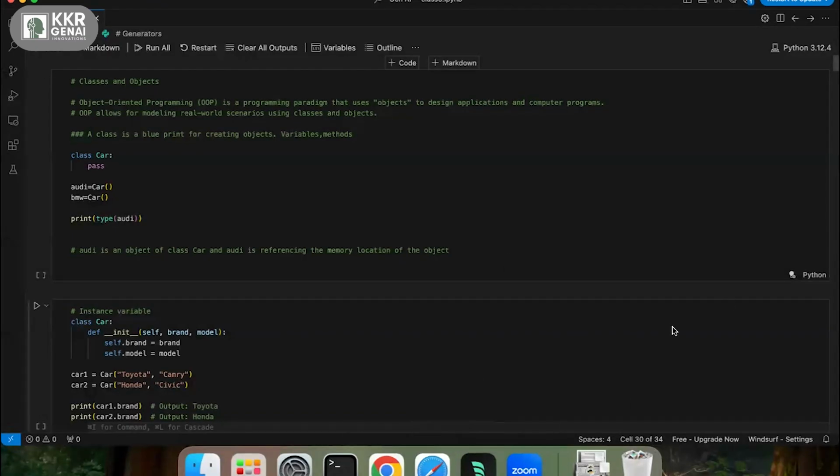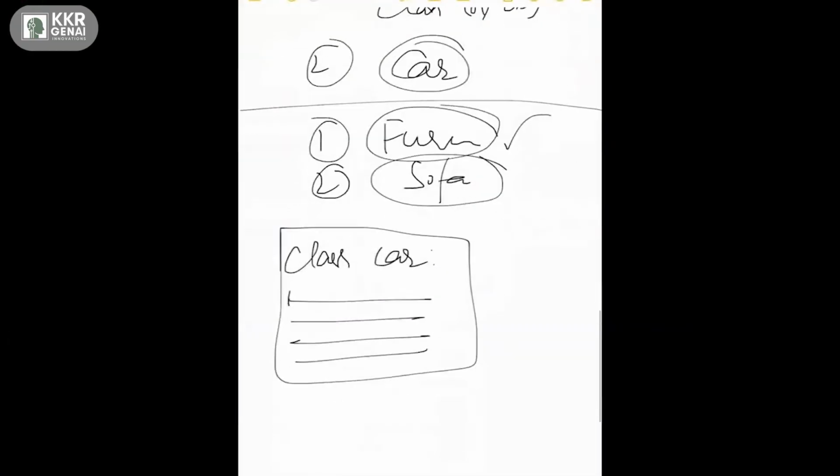Let's talk about a vehicle and continue our discussion. Vehicle is no doubt a class, because it doesn't have any physical existence. And then what about car? We can define car as an object, and sometimes we can also define car as a class. Shekhar, if you don't mind, that's kind of misleading actually.